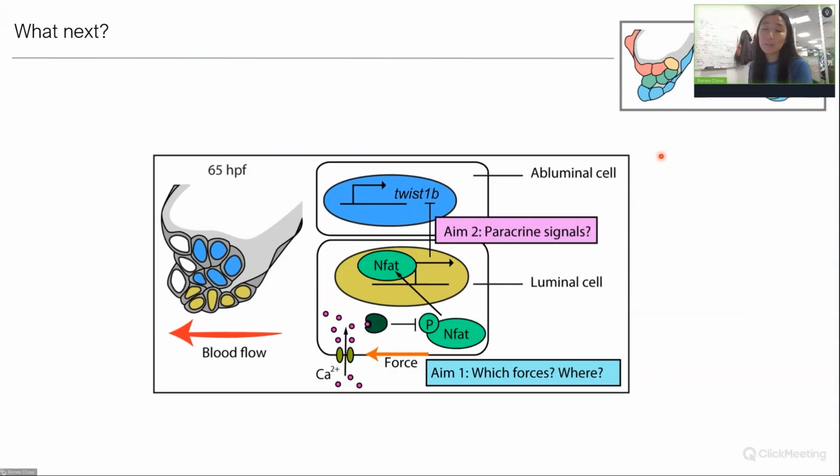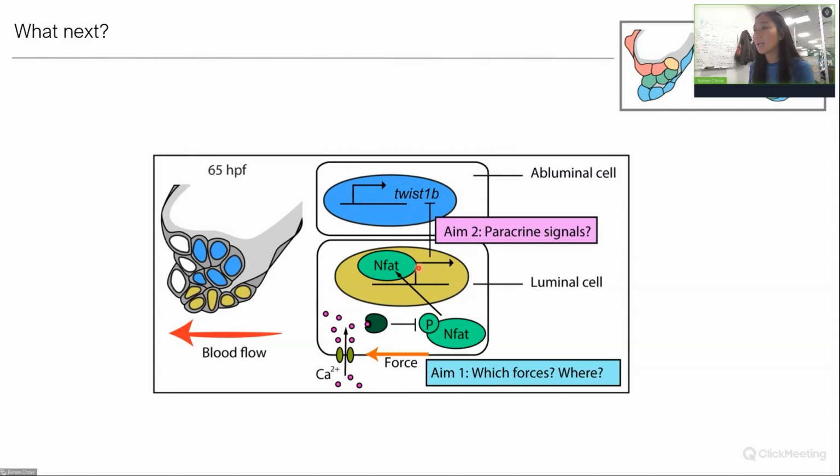So next, now in my lab, we are trying to find out more about these mechanical forces. Previously, I had very much focused on the wall shear stress acting on these luminal cells, but nothing is really known about the forces acting on these abluminal cells, these forces that are embedded in the extracellular matrix. And with work that I'm currently doing with my collaborator, Dr. Yap Chun Hui from Imperial College London, we are trying to map out what these forces are and trying to see if forces could be physically tearing these two tissue layers apart, or if they could be activating mechanotransduction pathways.